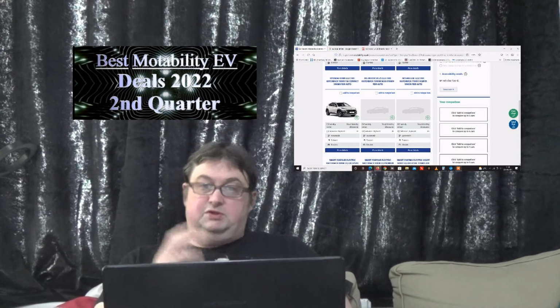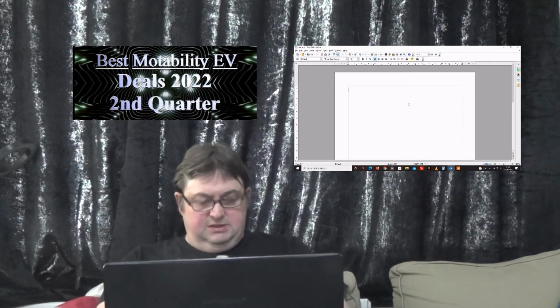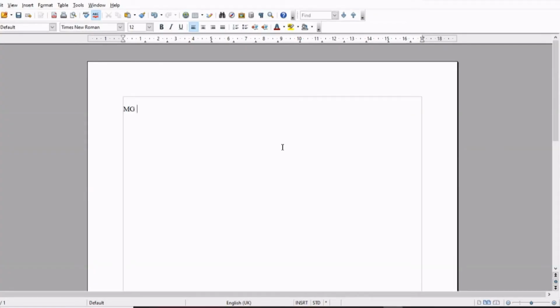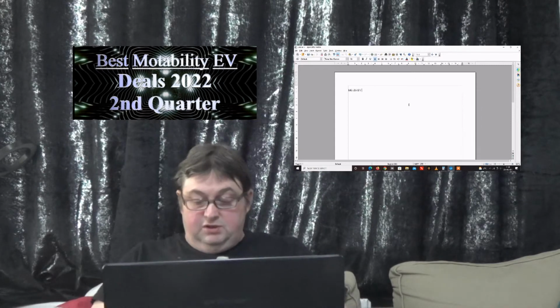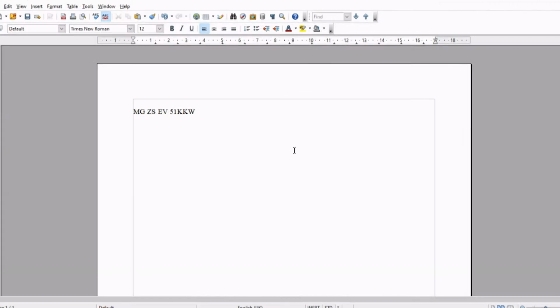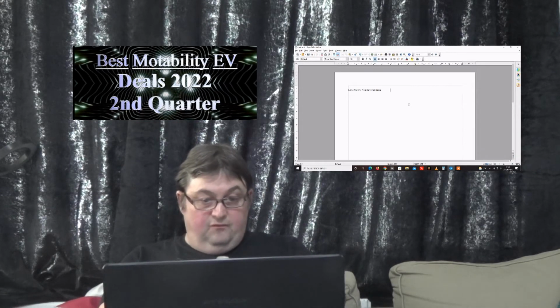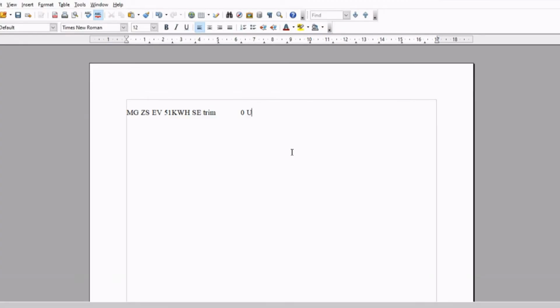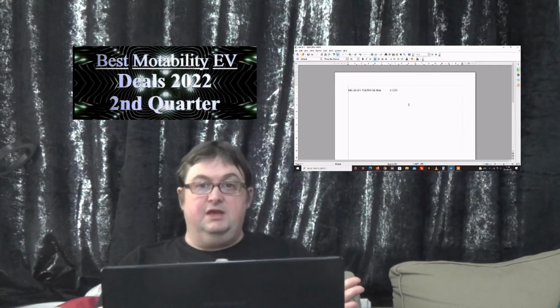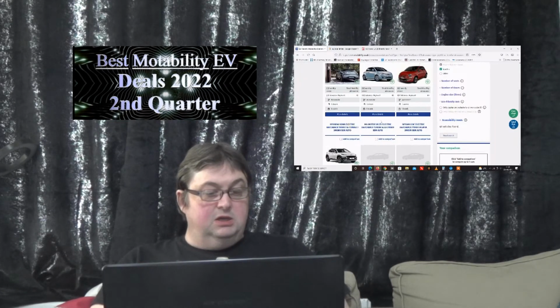So because last time I did a little list of what were the best ones in my opinion, I'm going to put this one down as second in the list, the MG ZS EV, because it's a 51 kilowatt hour one, and it's the basic SE trim. And it was zero upfront cost. There you go. And I'm still going to put the Mokka E